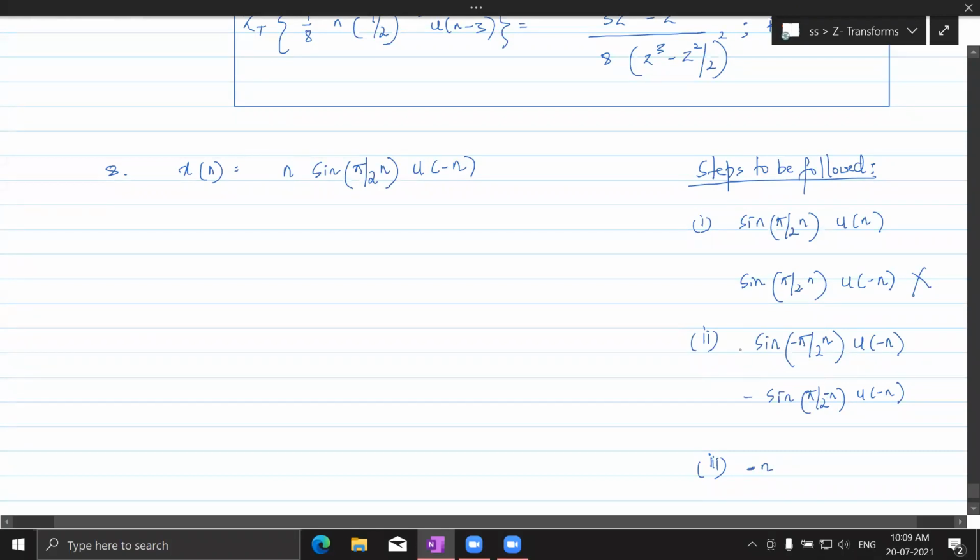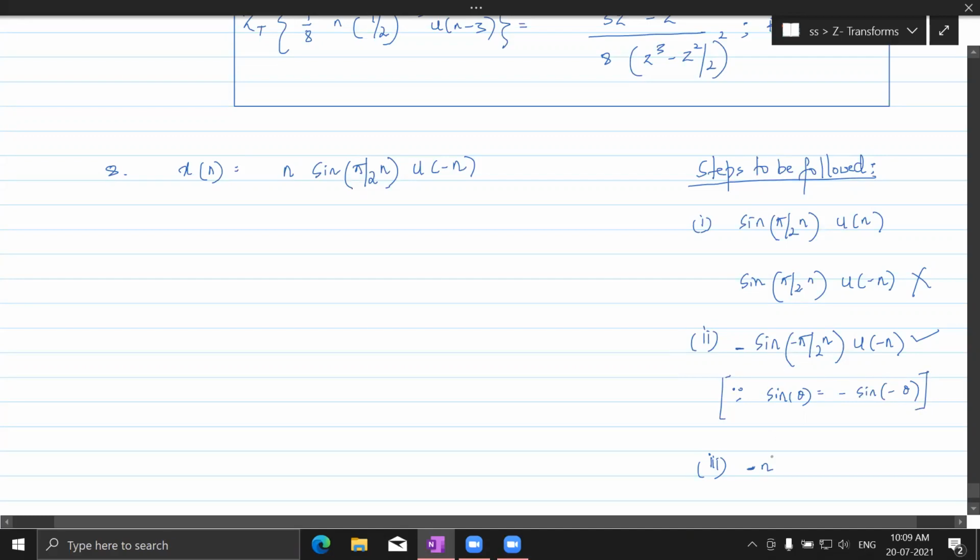Minus sine minus pi by 2 n, u of minus n is sine pi by 2 u of. Understand that? So this is as good as getting minus here. So this is right. We do not have to go with this, since sine theta is equal to minus sine minus theta. Is it okay with you, everybody? If I write this, is it understandable to you? So that's why we have made this